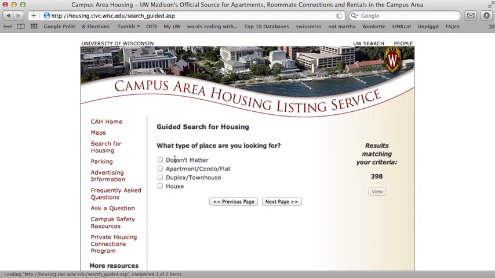Great, and so the next question is asking what kind of place you're looking for. Most WESLI students are not looking for a house, and they're also probably not looking for a duplex or a townhouse. It's often a little expensive, and there aren't that many very close to WESLI. The most popular choice, by far, is an apartment or a flat or a condo. So that's what I'm going to choose. And the next question